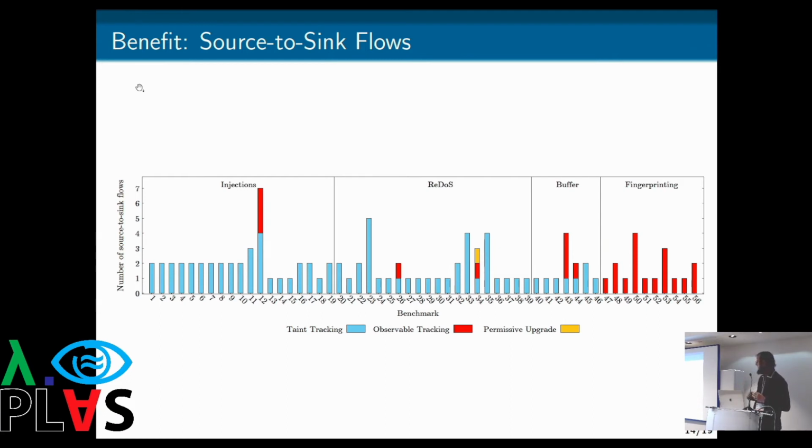And as you can see, for the first 3 classes, so the injection, the redos, and the buffer vulnerabilities, we could detect this just by using taint tracking. So a simple taint analysis that looks at explicit flows could detect those. But for the last class, the fingerprinting ones, which are the confidentiality issues, there we need observable tracking. So basically, we need to look for the implicit flows, the first type of the implicit flows we discussed. However, for the hidden implicit flows, we only found one such source-to-sink flow for one of the redos vulnerabilities. Now, on the cost side,